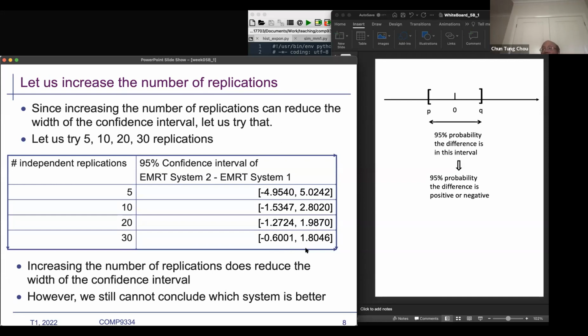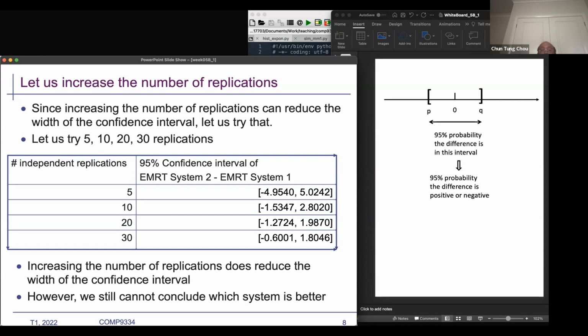Now, what we said on Tuesday is that if we increase the number of replications, we can reduce the width of the confidence interval. If you look at the confidence interval with 5 replications, the width is almost 10, okay? But if you use 30 replications, the width is about 2.5, all right? So what it means is we are doing things correctly, because we have increased the number of replications, we have indeed reduced the width of the